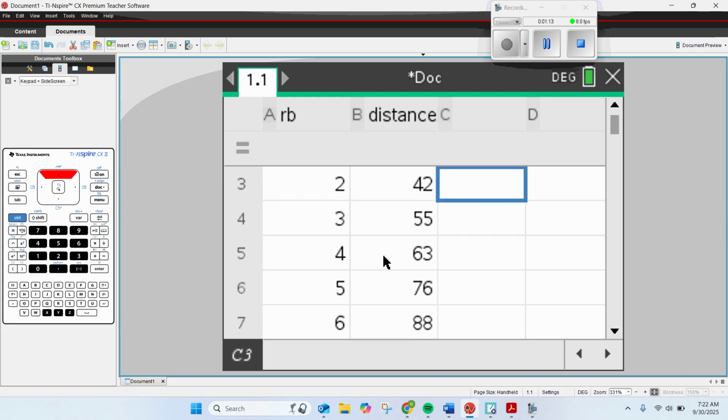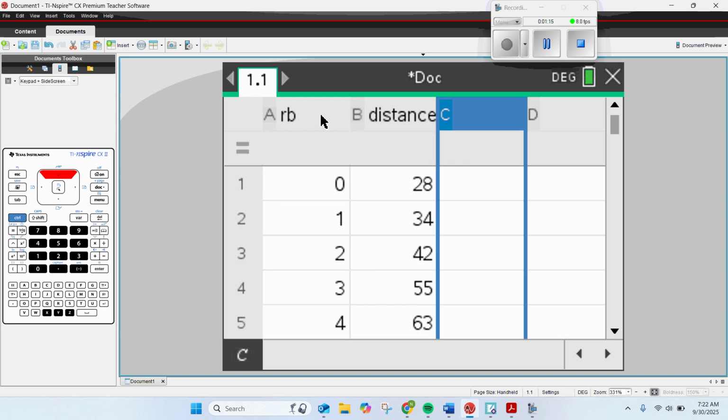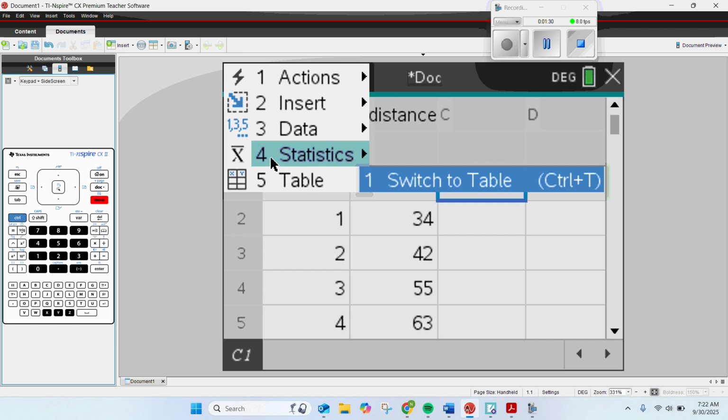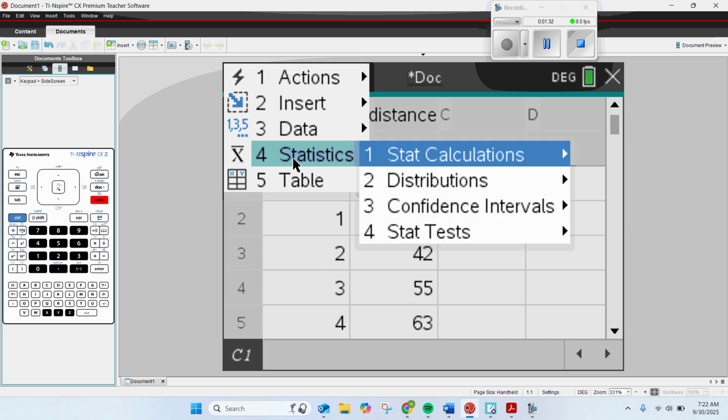And then notice that you will put up here at the top next to A and B, you need to give them titles. This one was in centimeters, that's why it's a little bigger. But I have rubber bands and distance. Click outside of the columns and then go to menu, statistics,